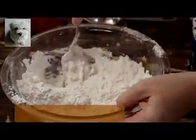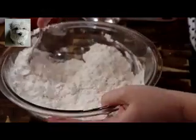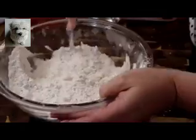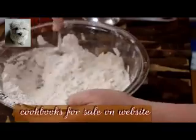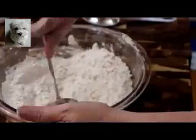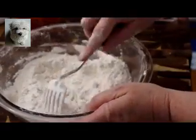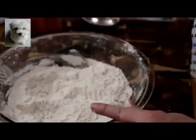Continue to blend the shortening into the flour by pressing it against the sides of the bowl with the blending fork. The great thing about a blending fork is it doesn't get stuck in there. It just continues to blend the shortening in. It's way better than a pastry blender. Now, for your shortening, you're just going to want it in about pea-sized pieces. So do not get it too small, and really that's enough. It doesn't take but probably about 60 seconds to get it like you need it, okay? So once that is done,